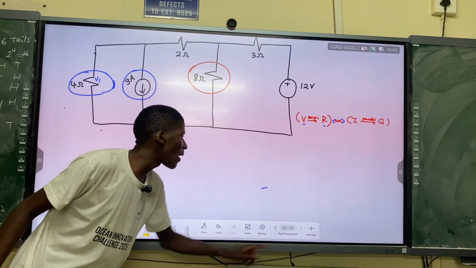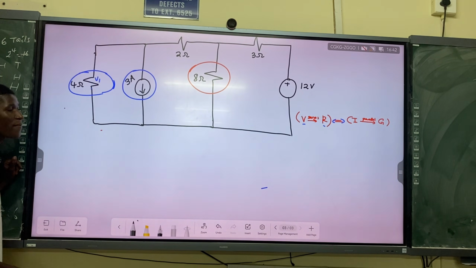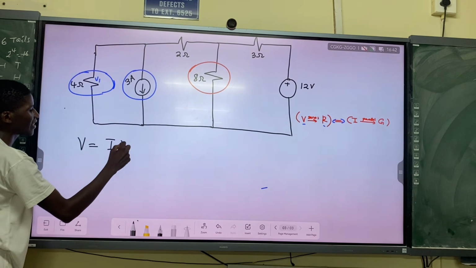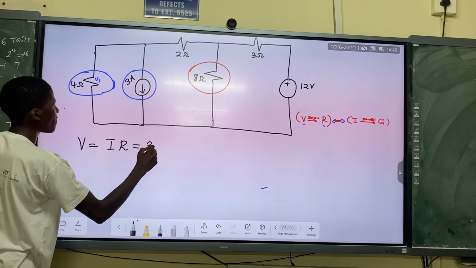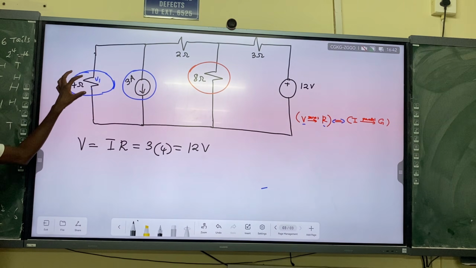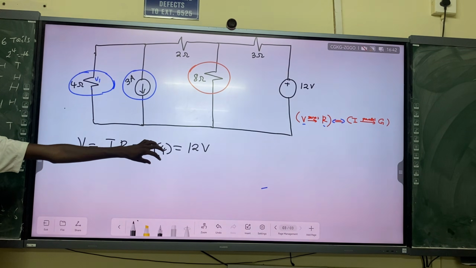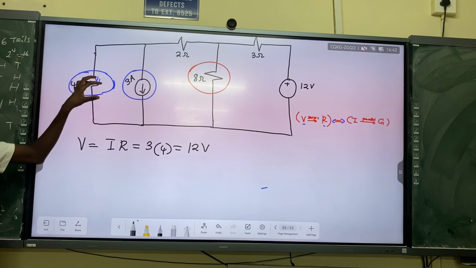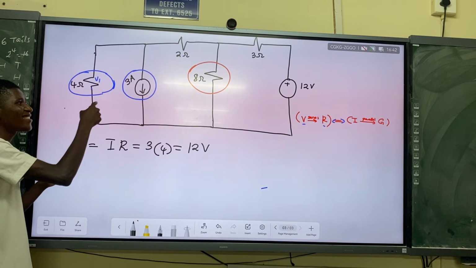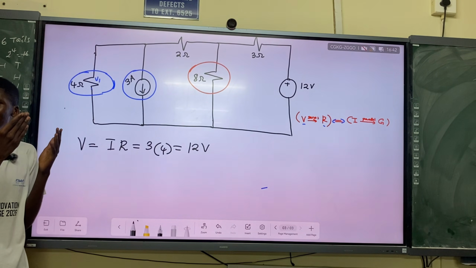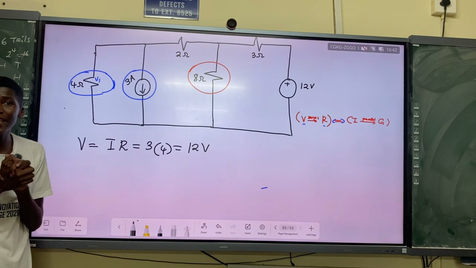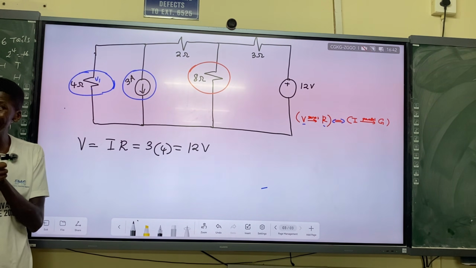So using Ohm's law, if I combine the 4 ohms and the 3 amperes, what am I going to get? Ohm's law says the voltage is equal to current times resistance. The current is 3 amperes, the resistance is 4 ohms, so this is 12 volts. So the source is replaced by a 12 volts source in series with a 4 ohms resistor. You use the same resistor. This is like a Norton's combination: we've got a current source and a resistor in parallel, and you combine them into a voltage source and the same resistor.